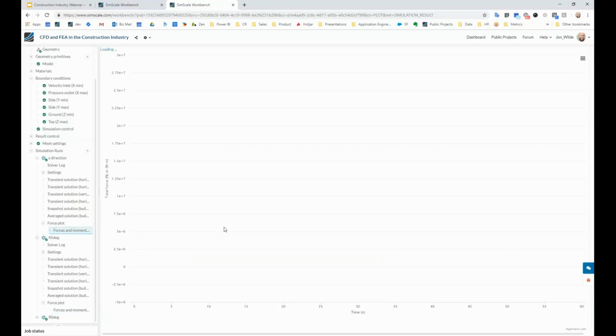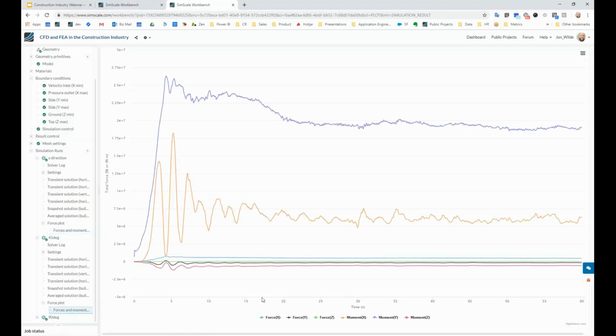some of the values change a little bit over time and others have a much higher magnitude. What we want to do is turn on or off some of those to really hone in on the ones that we're most interested in. So here we're interested in force in the y direction, so that's the lateral forces acting on the building. And that's the black line. So if I turn off all of the others,